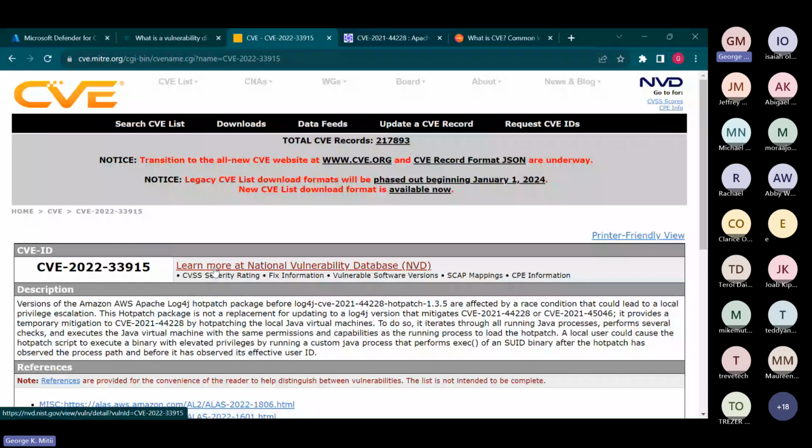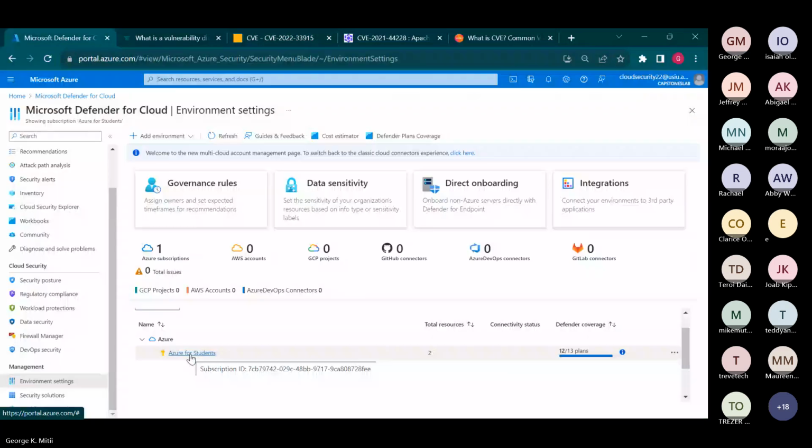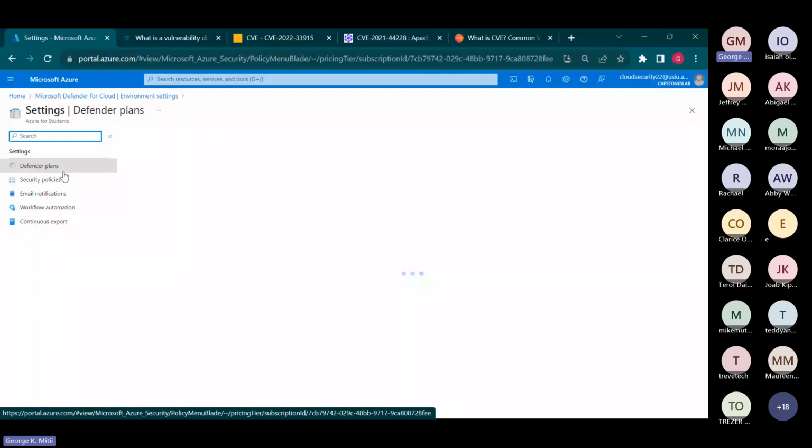And back to the portal here. I'll go to environment setting, which is this blade that I'm on. Then I hope it works. So this is my subscription. I'll just try to see if all this can be enabled on a subscription level. So under Defender plans, that's where you'll need to set up all these